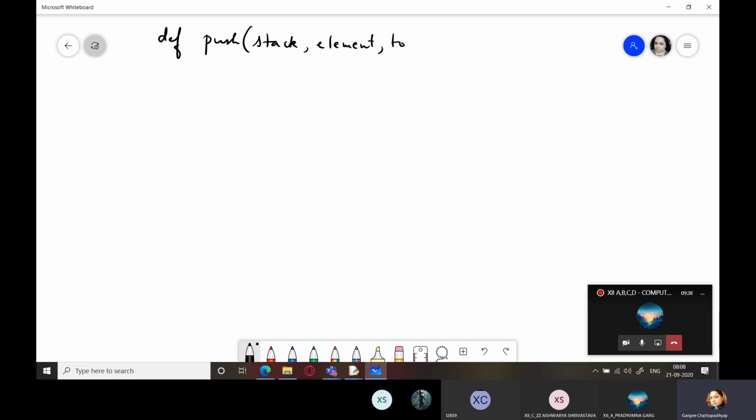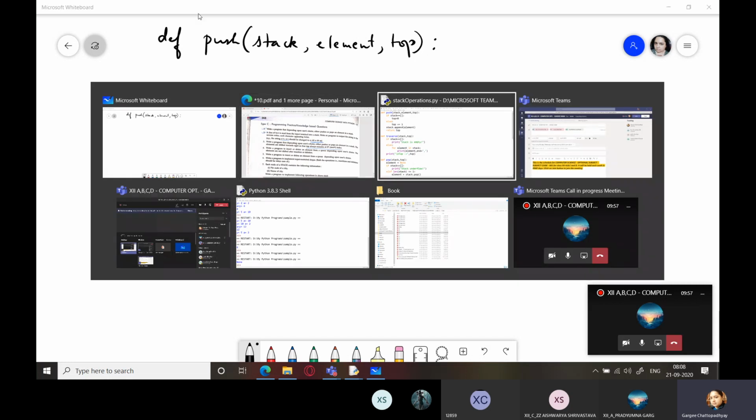Stack, element, and top. Now I'm only going to discuss the statement. If there is any discrepancy, if we find that we are not able to figure out whether it is right or wrong, then we will switch to programming, right? So def push, okay, no, let's do it that way only. That would be better.